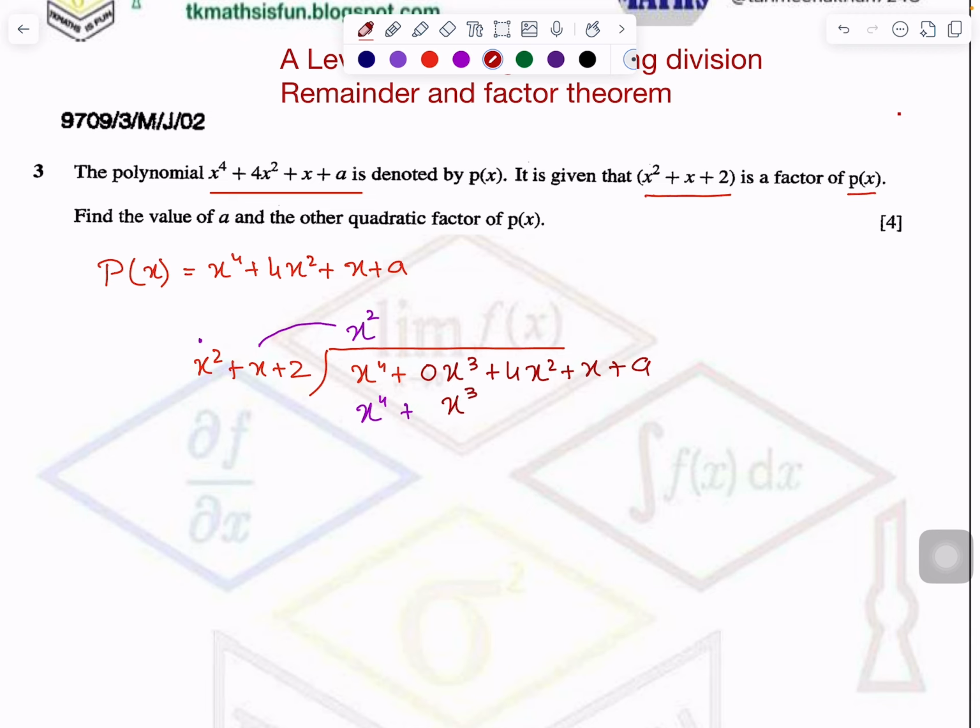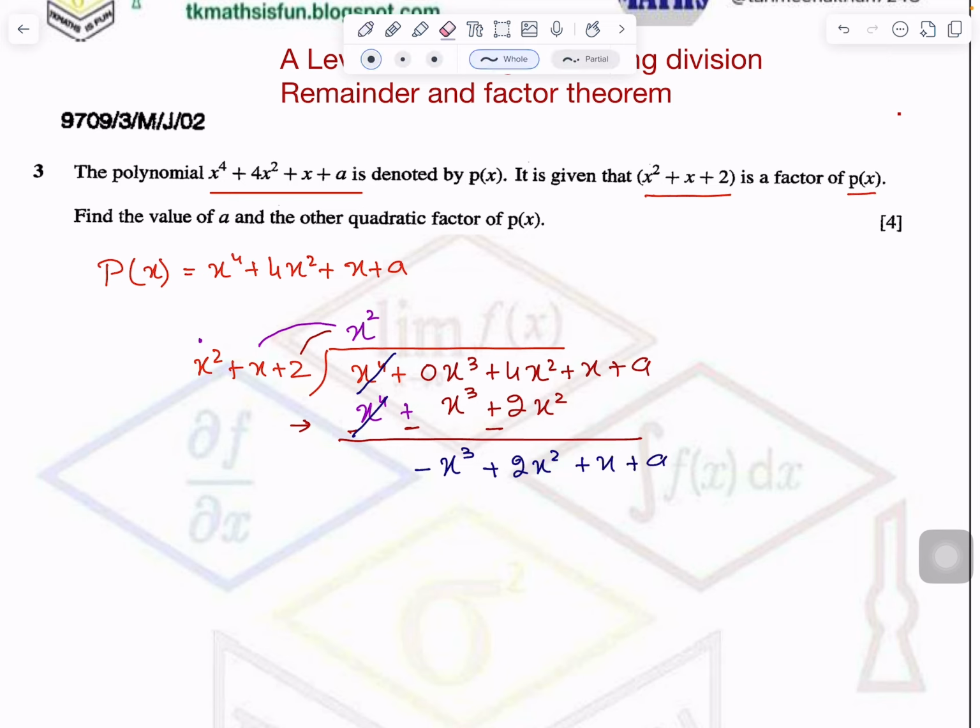They get confused. Now I will multiply 2 by x square. It will be 2x square. Now we will subtract this polynomial from the above polynomial, then signs will change. Minus becomes plus, plus becomes minus, right? So what will happen now? This will cancel out. 0x cube and minus 1x cube will be equal to minus x cube. Plus 4 minus 2 x square is plus 2x square, and the remaining you will copy down as it is.